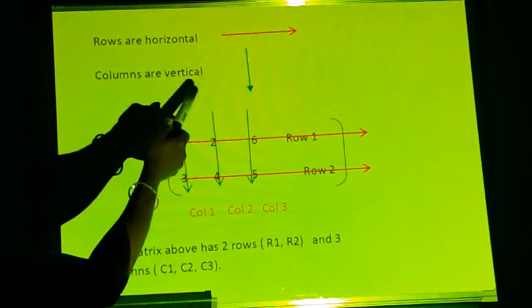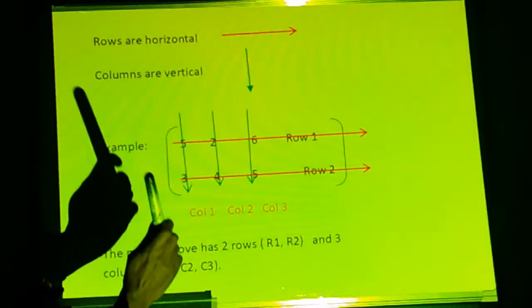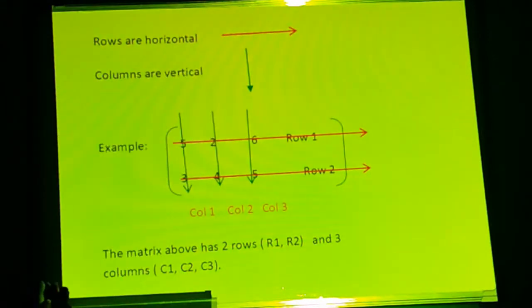And for columns, vertical, like north, south. So again, rows are horizontal, because if you miss it, you would have missed everything in matrices. Columns are vertical. Alright, so now